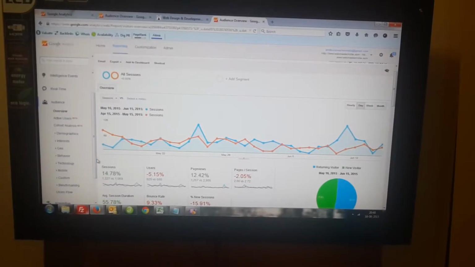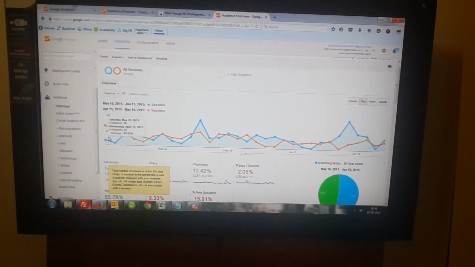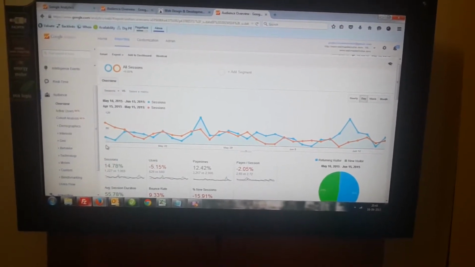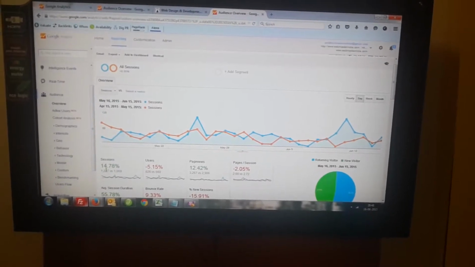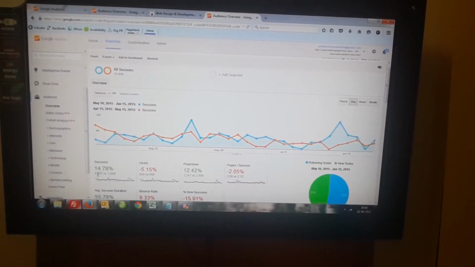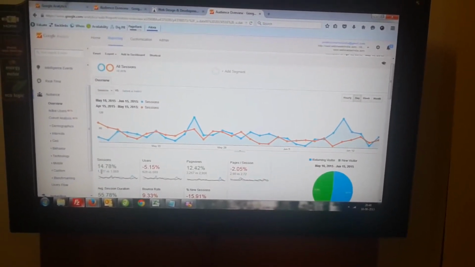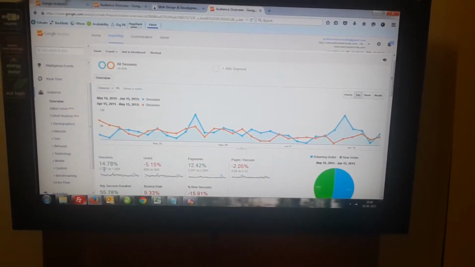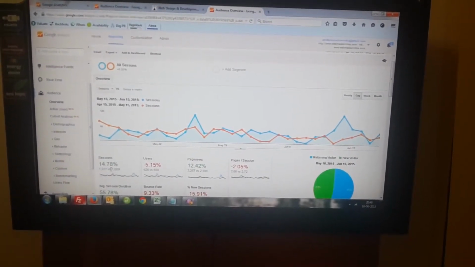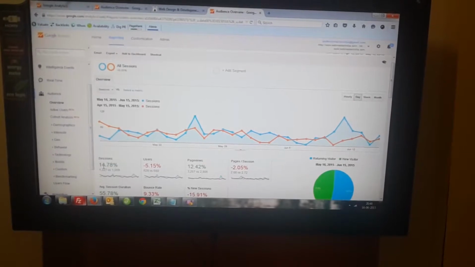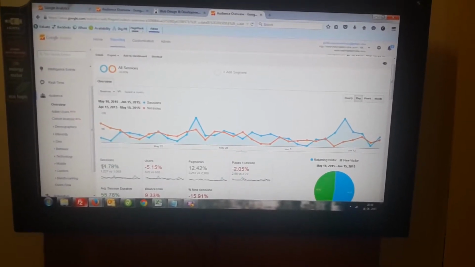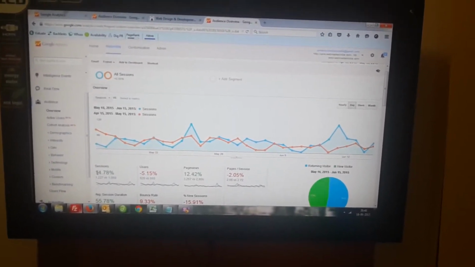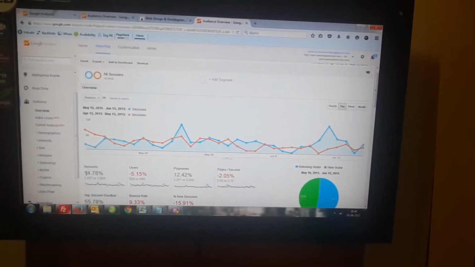Here you can see the sessions, meaning the number of visitors. This month the number of visitors is 1227 versus the last month's 1069. So you can see that the number of visitors has increased by 14.78%.